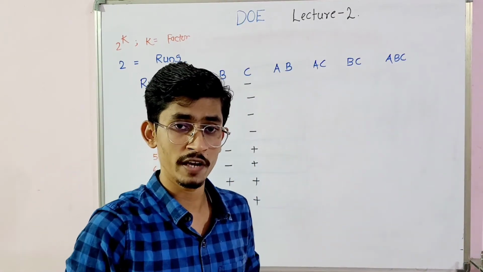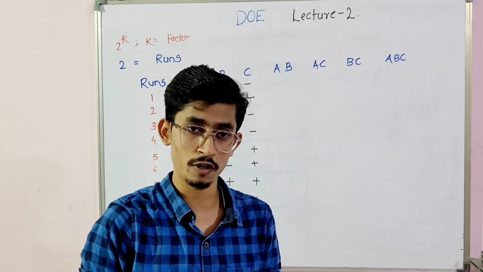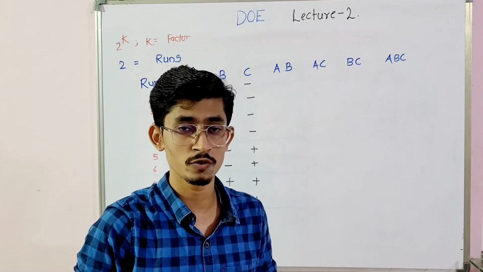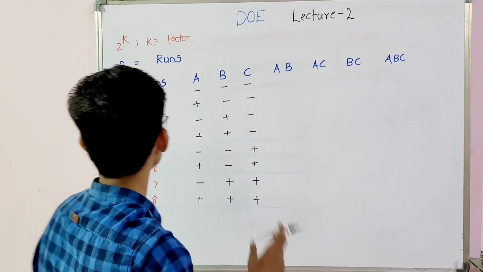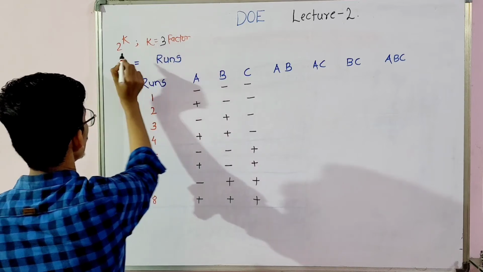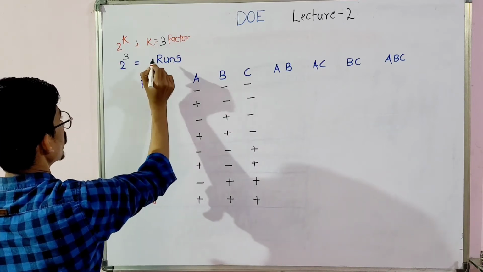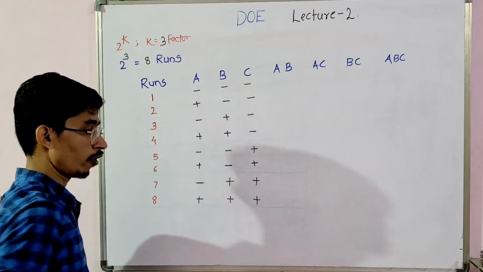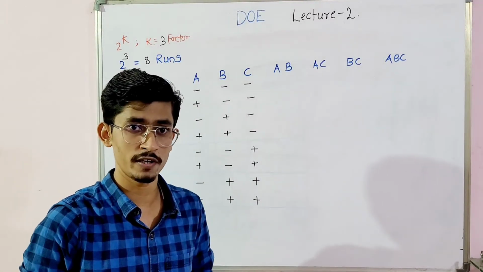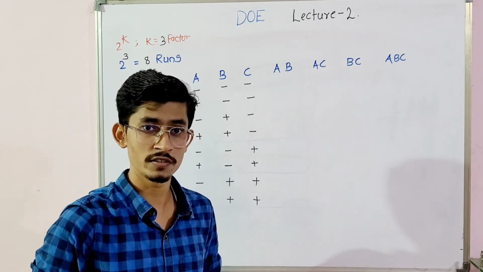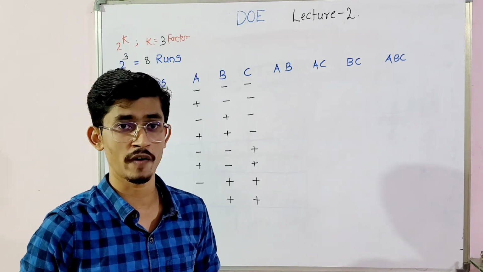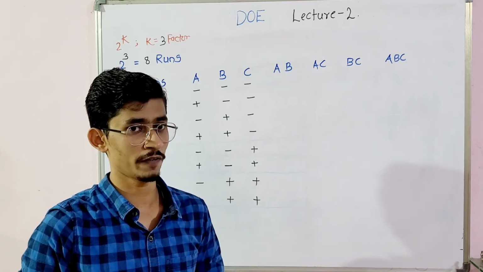So now we have 3 factors. We have checked for factor 1, we have checked for factor 2. Now we have 3 factors. So how many runs? 2 raised to 3 is nothing but 8. So simply here, 3 factors, 2 raised to 3 is equal to how many runs? 8 runs. So what is the importance here? Ultimately, if you are doing a performance experimentation for a particular process, if you increase the factor by one, your runs are going to increase. So you have to remember what the important factors are. You need to focus on those factors only.